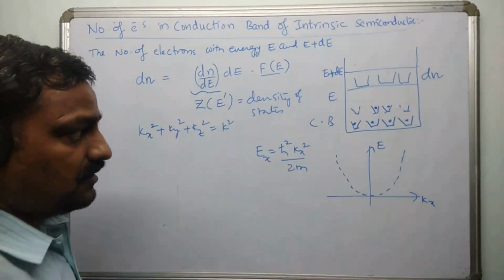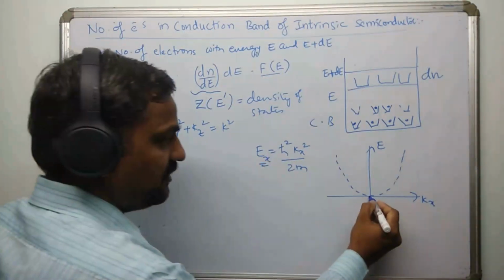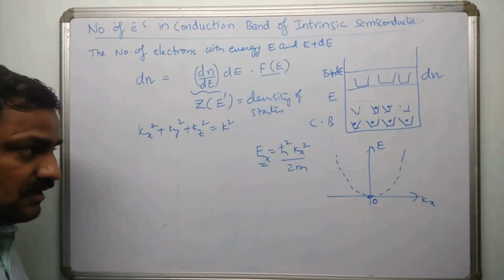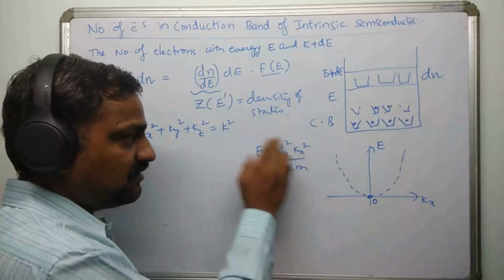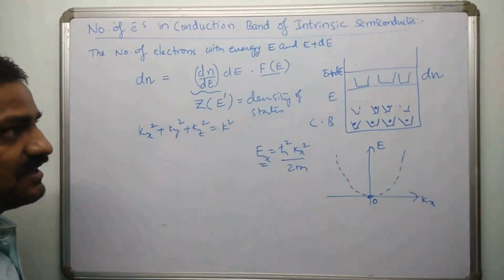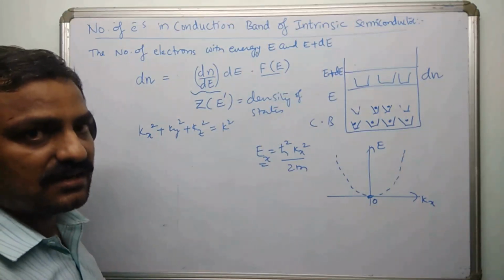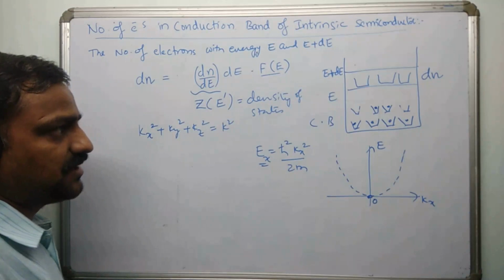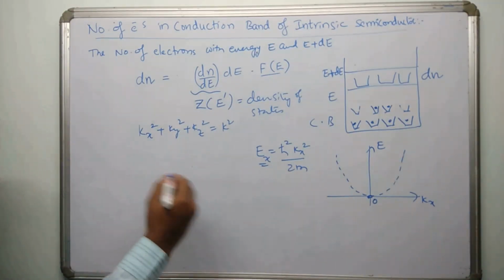But remember, the energies which we have taken are having lowest energy 0 here. So in a given band, the energy is going to start with E equal to 0 here. That is the lowest possible. But in our case, the energy of electron inside the conduction band is not 0. The lowest energy inside the conduction band, let me sketch it here, I'll later erase it.